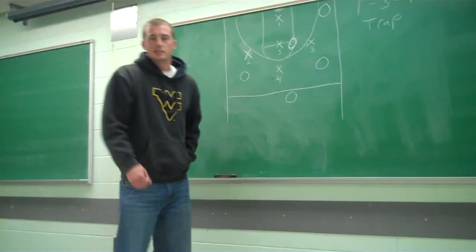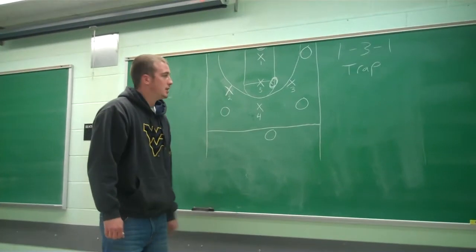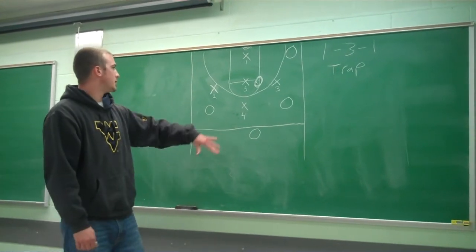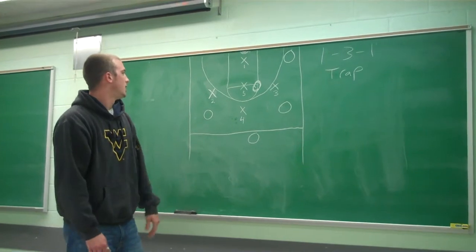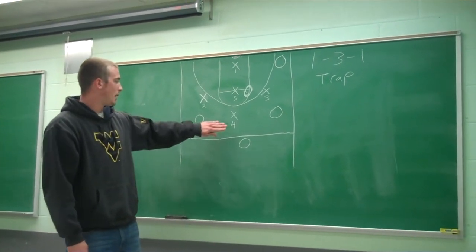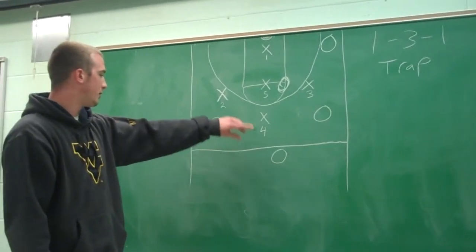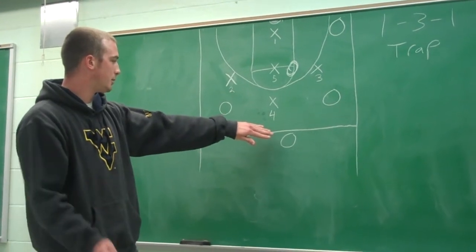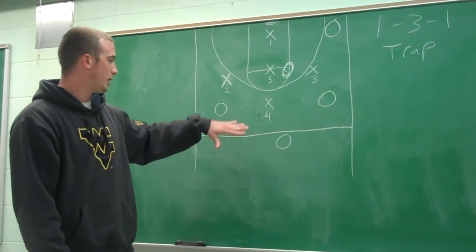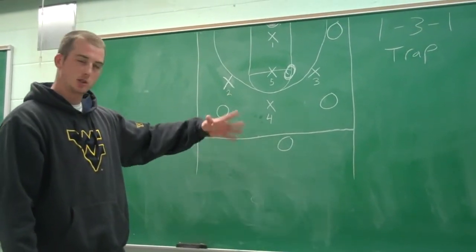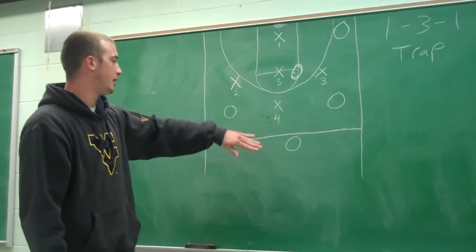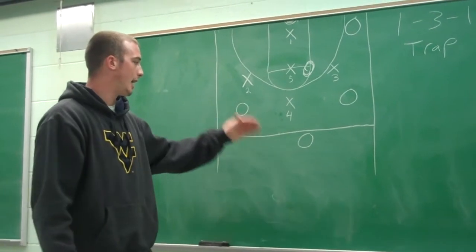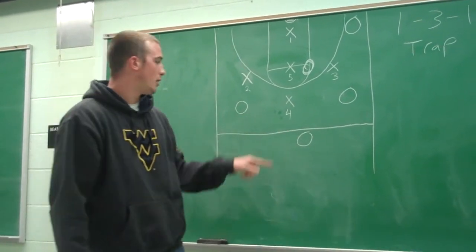All right, what we got here is our basic 1-3-1 trap defense. Going to go over the positions a little bit so everybody has an understanding of what each person's responsibility is. To start off, we got our four-man or our power forward up top. He's our first defender that meets the ball carrier that's bringing the ball up, and we have our number 4-man up there because he's usually a little taller, a little more athletic than say our 5-man. He can get around a little easier, but the height is the key part because we want him to pass